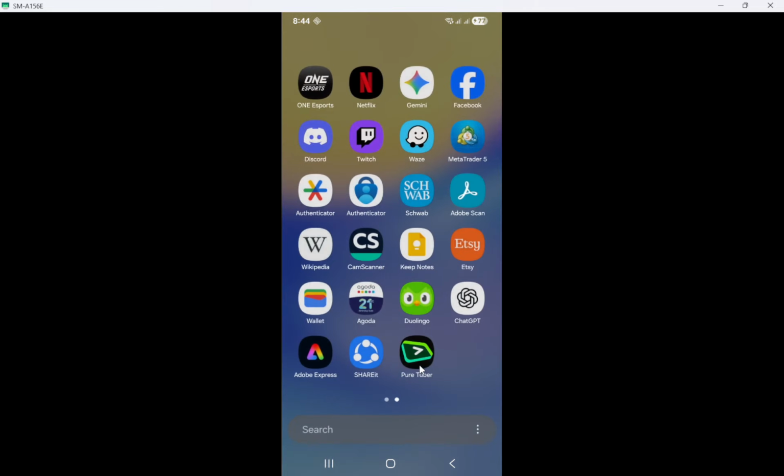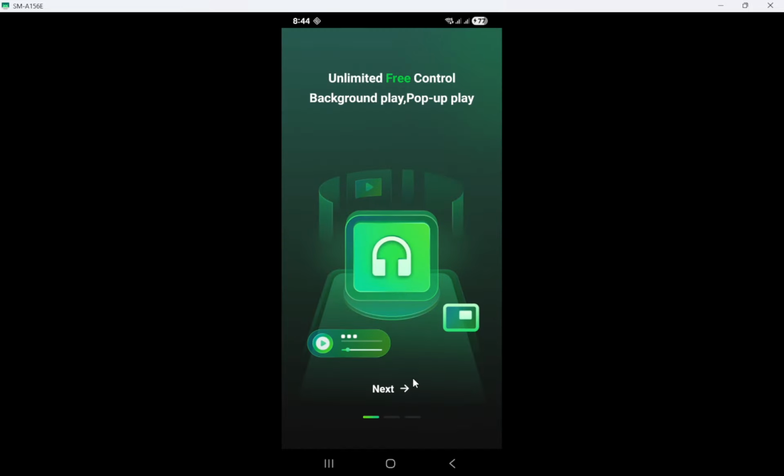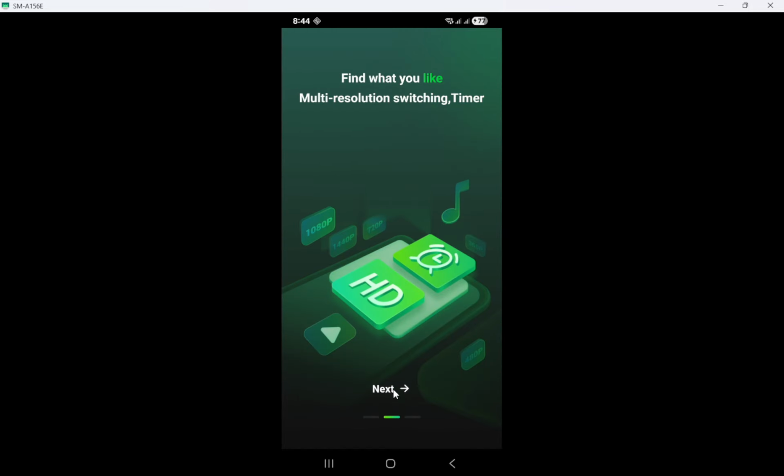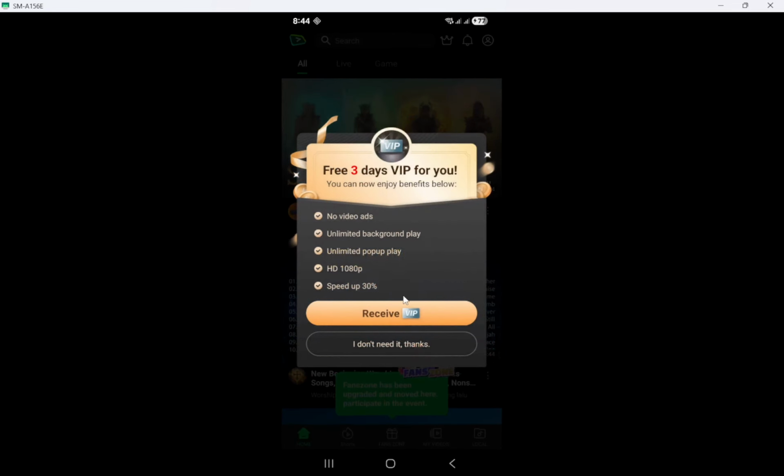Now that it's installed, here's what you can look forward to. PureTuber supports background video and music playback, so your audio keeps playing even when you switch to another app or turn off the screen. It also offers a floating pop-up player, letting a small, movable window stay on top while you browse or message. If your device supports it, you can use picture-in-picture mode for a more seamless, native floating